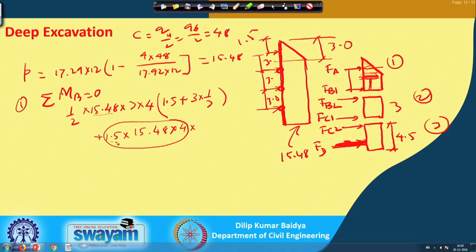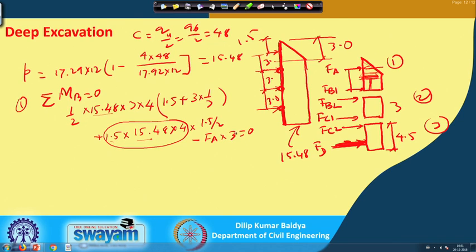So, this is 1.5 by 15.48, this is pressure, and because of the longitudinal spacing force, I have taken the total load, and then the lever arm will be 1.5 by 2. So, from here to here it is half, 1.5 by 2. If I do this and then minus F A multiplied by this distance, which is 3,